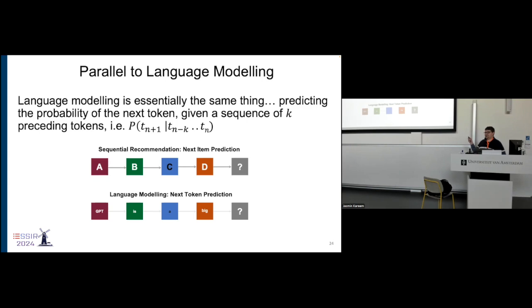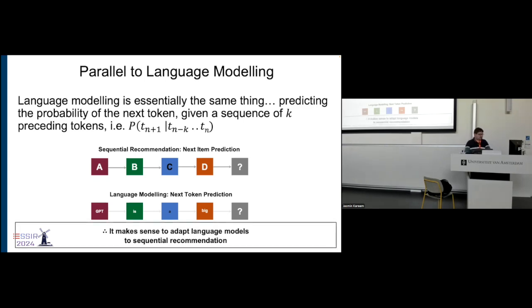What we want to do is predict the next item in a sequence of user-to-item interactions. And it is kind of the same thing as GPT does. It predicts the next item, or token in case of GPT, in a sequence of tokens. So why not reuse this, right? So it makes a lot of sense to adapt some of the language models to the problem of